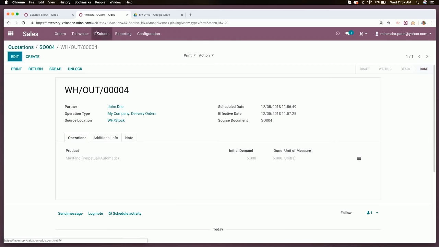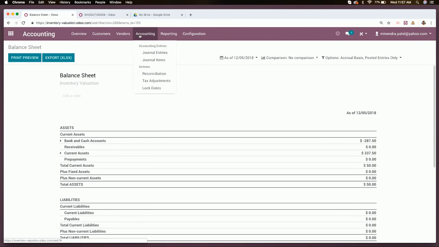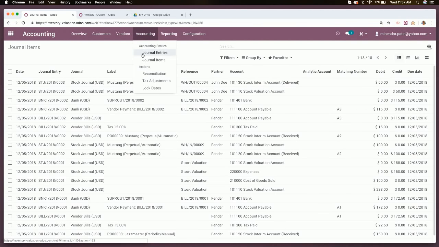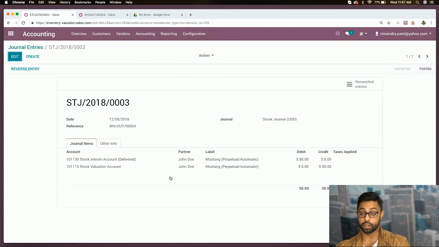So as far as our balance sheet goes, we're going to go back into our accounting and see journal entries. And we're going to get out of our miscellaneous items. And we can see that in our stock journal, John Doe for $50 got posted, as far as our inventory stock accounts are affected. But as soon as we go back to our sales order and create the invoice, we will then see,